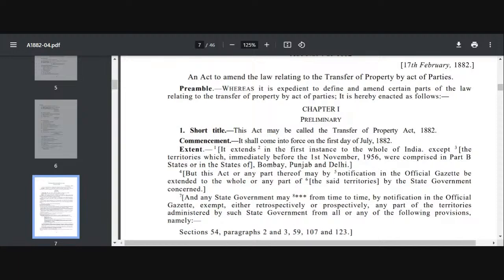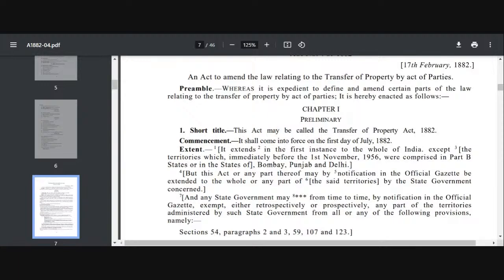These kinds of transfers are taking place between living persons. That is transfer inter vivos, right? Like sale. When I'm selling, the seller and the buyer, the vendor and the buyer, they both sell in their lifetime only. It takes place between living persons, not between a person who is dead and one who is alive. It takes place between two living persons.